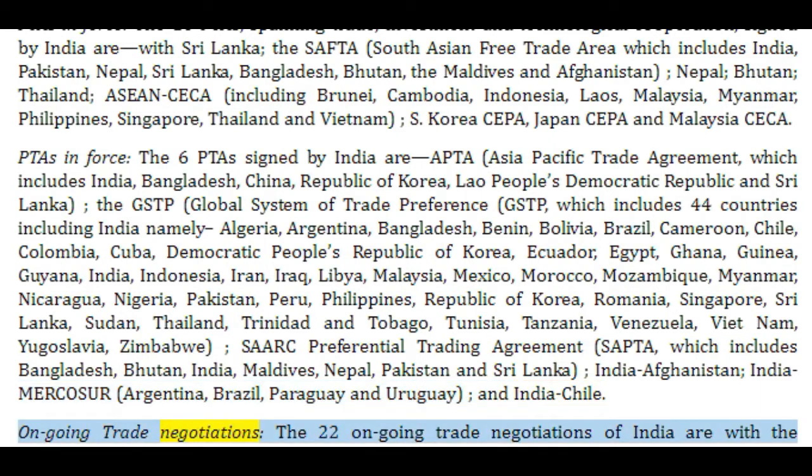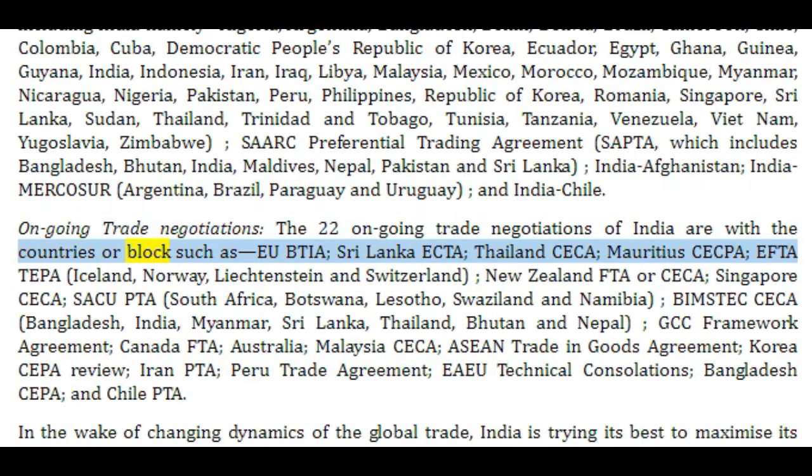Ongoing trade negotiations. The 22 ongoing trade negotiations of India are with countries or blocs such as EU BTIA, Sri Lanka ECTA, Thailand CECA, Mauritius CECPA, EFTA TEPA (Iceland, Norway, Liechtenstein and Switzerland), New Zealand FTA or CECA, Singapore CECA, SACU PTA (South Africa, Botswana, Lesotho, Swaziland and Namibia), BIMSTEC CECA (Bangladesh, India, Myanmar, Sri Lanka, Thailand, Bhutan and